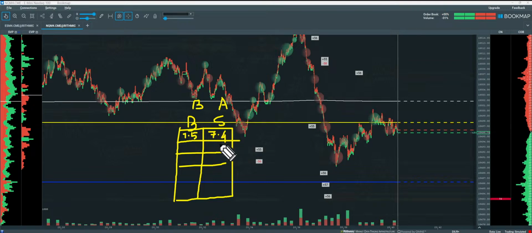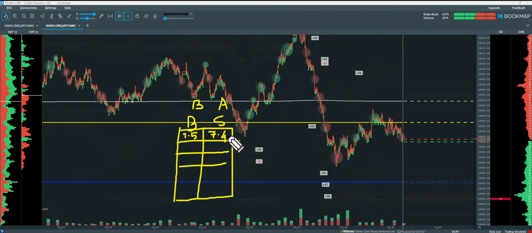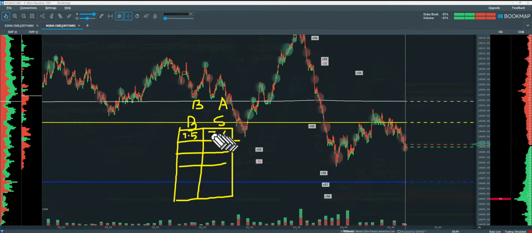Okay, so what does it mean? Someone is ready to buy at a price of 7.5, that is the best bid he's going to offer to you. On the other side, I have someone who's ready to sell to you at the best selling price, which is 7.4. This is the way you will generally see the bid and ask placed on your broker terminal.